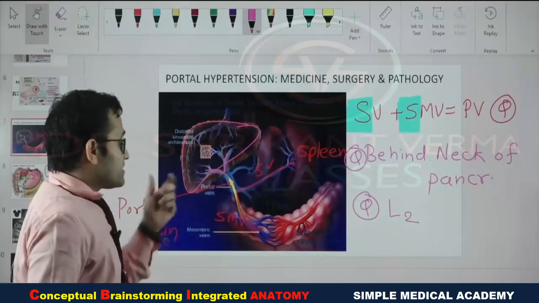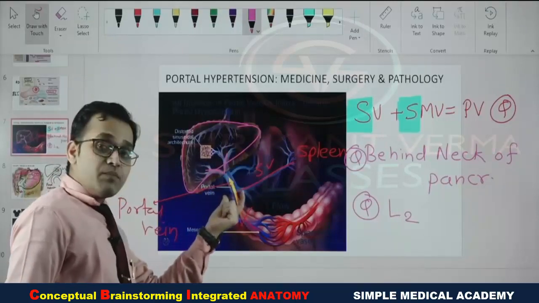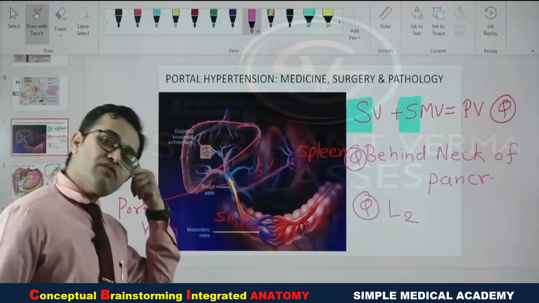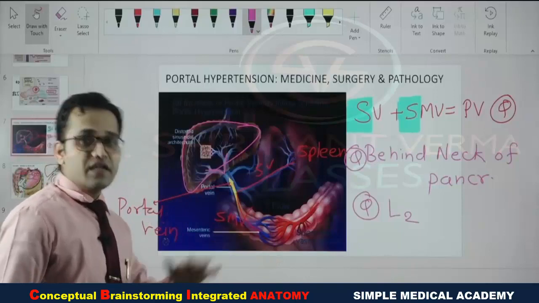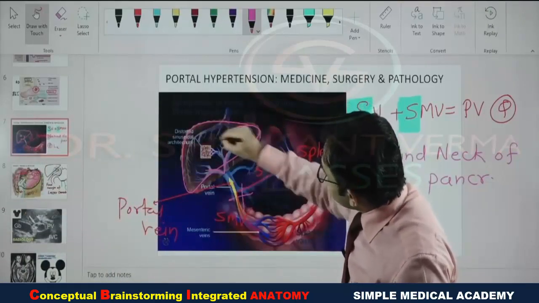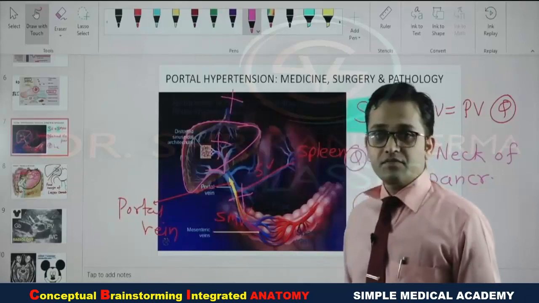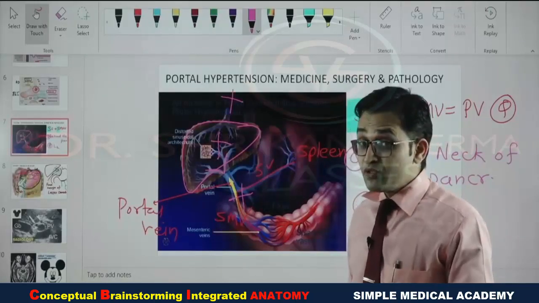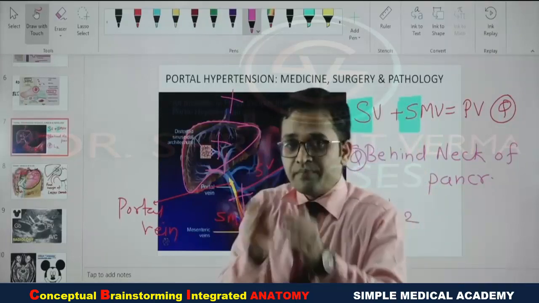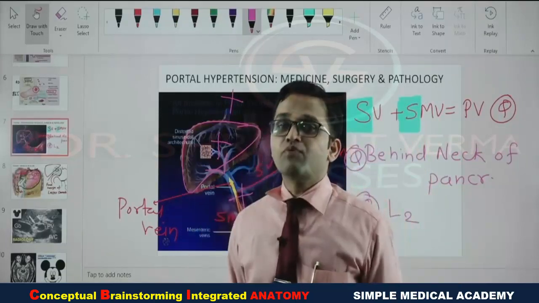Okay, so sometimes the pressure within the portal vein increases too much, then that condition is known as the portal hypertension. One of the very common causes is the cirrhosis. Study in your clinical, it is of 3 types. Yes, prehepatic, hepatic and posthepatic. Okay, but what will happen during this portal hypertension? The pressure is increasing, as well as there will be increased diameter of the portal vein.